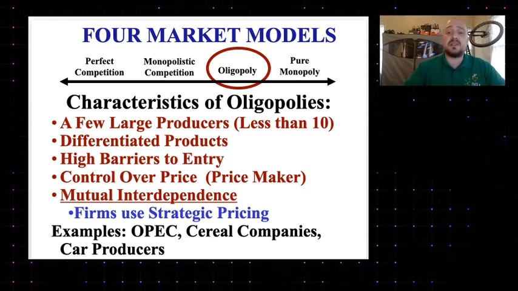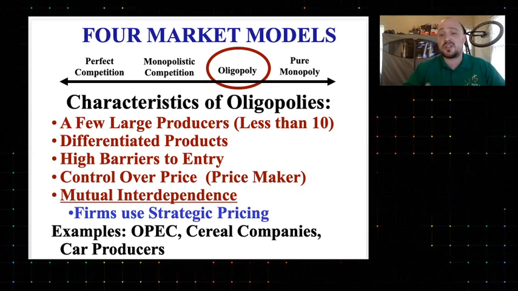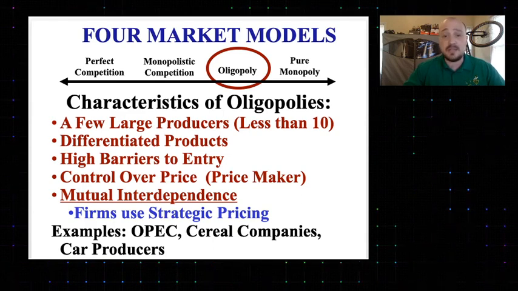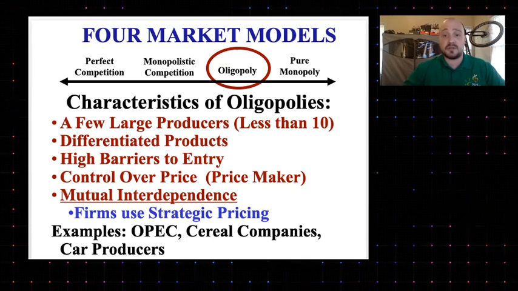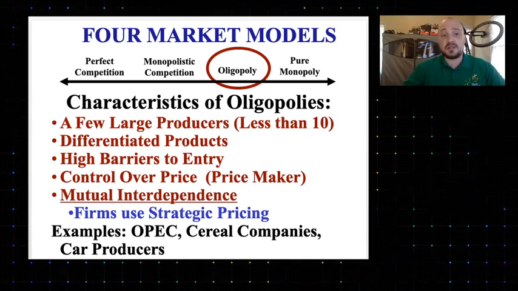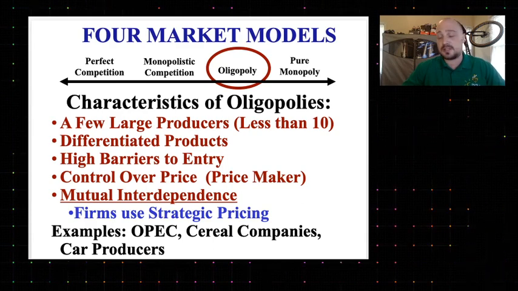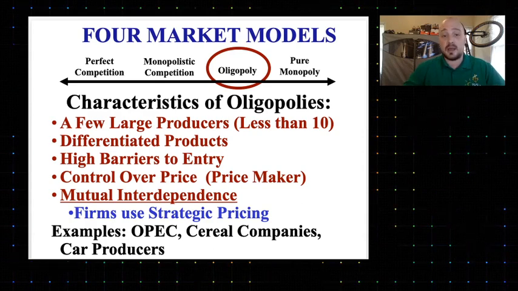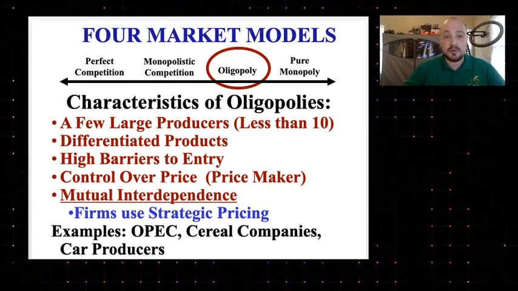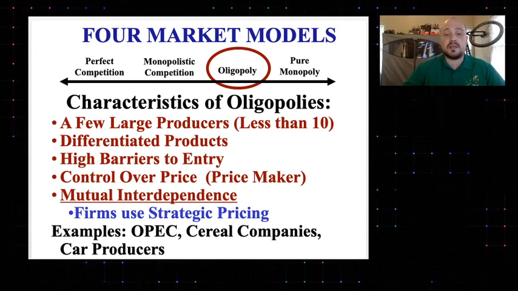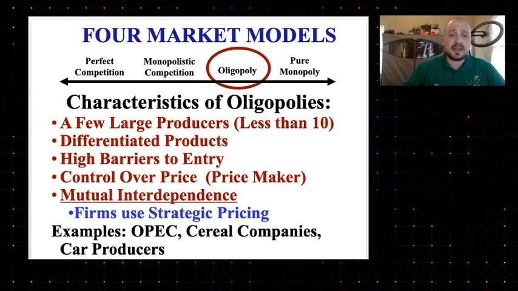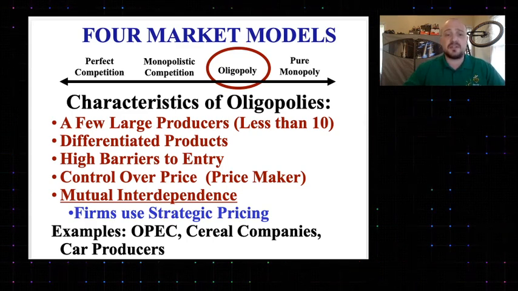When I think of oligopolies, I like to think about internet service providers or cell phone service. We have examples like Verizon, AT&T, T-Mobile. There's not a lot of options when we go out and buy cell phone service. Even those other options like Cricket and Sprint, those businesses are owned by bigger ISPs like T-Mobile. So in order to be an oligopoly, there has to be fewer than 10 producers.